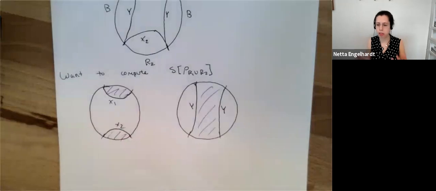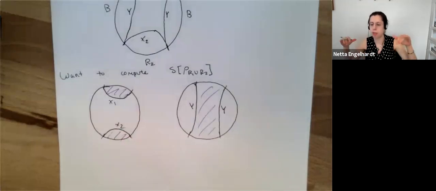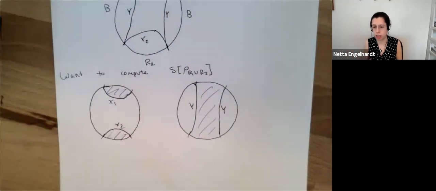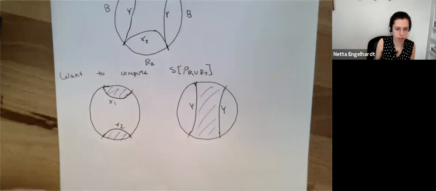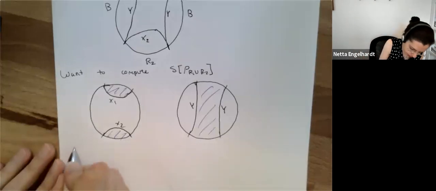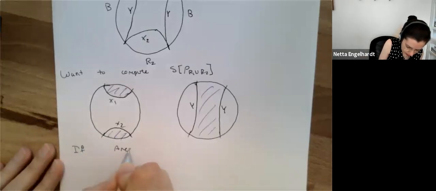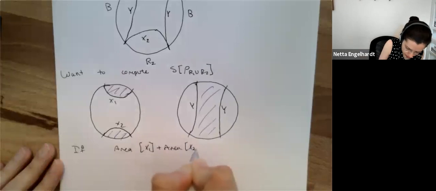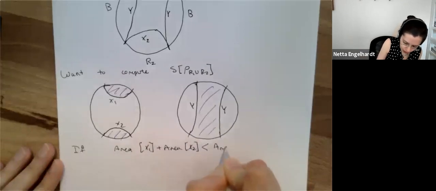Now, the point is that both of them are local minima of the area. If you slightly perturb either one of them, the change is 0 to first order, but then you keep on changing, you find that it's a local minimum. But only one of these is going to be a global minimum, most likely, unless you're at a very specific point. So if the area of x1 plus the area of x2 is less than the area of y,